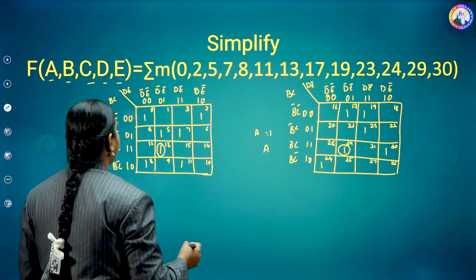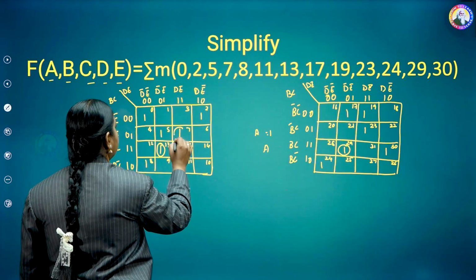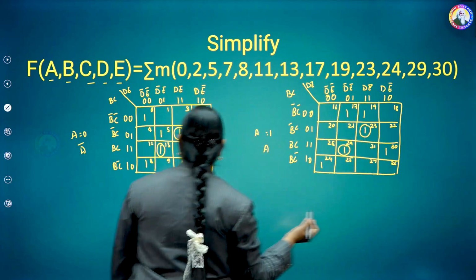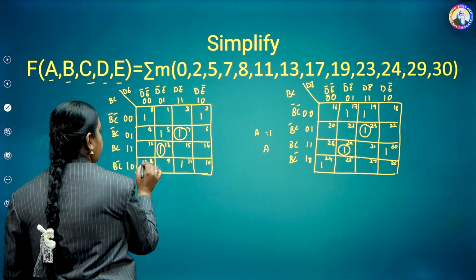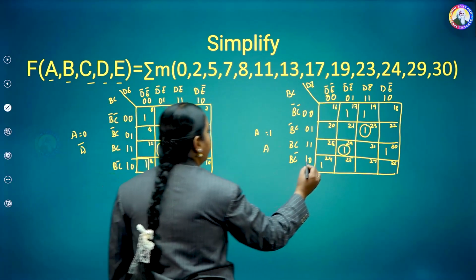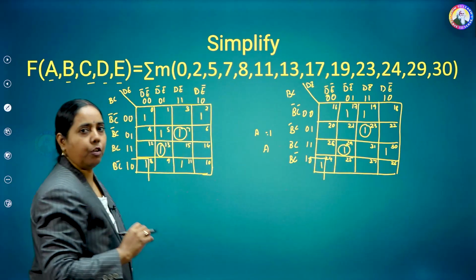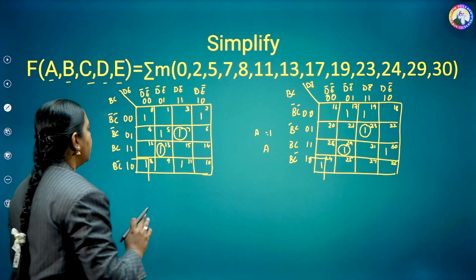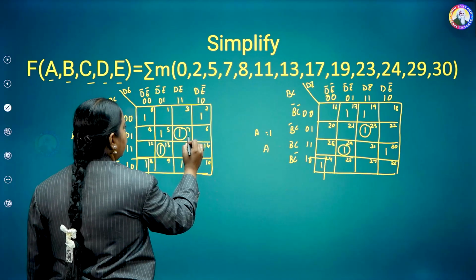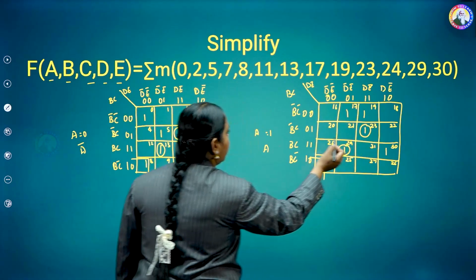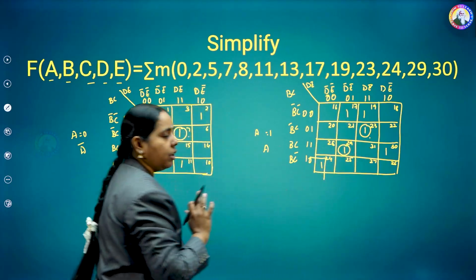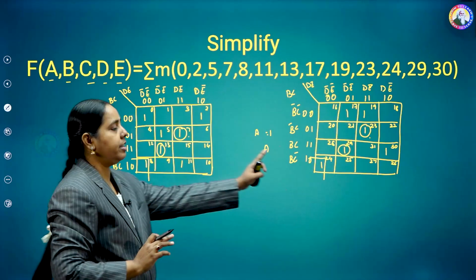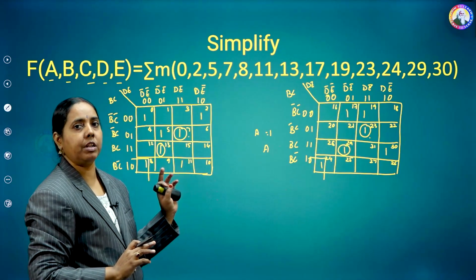So again I am having here this one and this one, next this one and this one. First of all I need to write the minimized expression with respect to the common terms. Coming to the first one, this one and this one. While taking the common terms, the A variable will get cancelled because it is A bar and it is A. So the common variable will get cancelled.